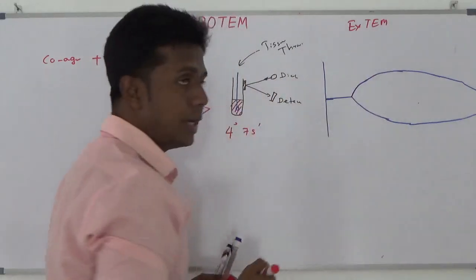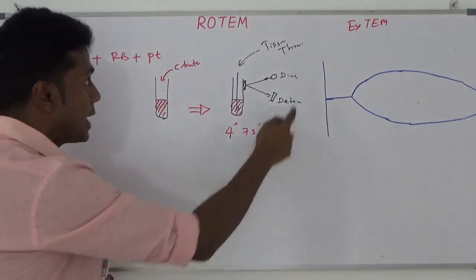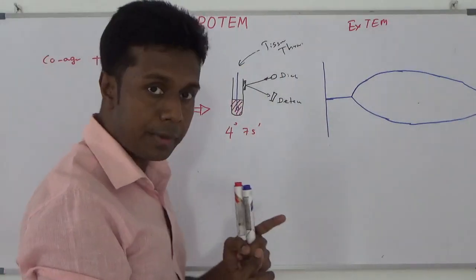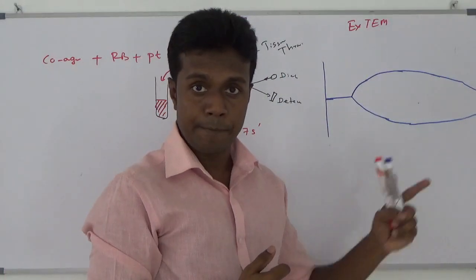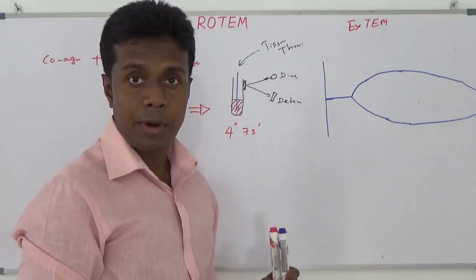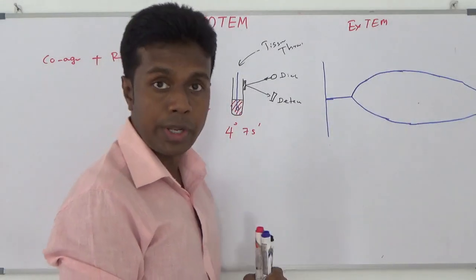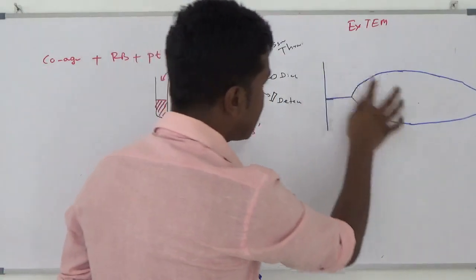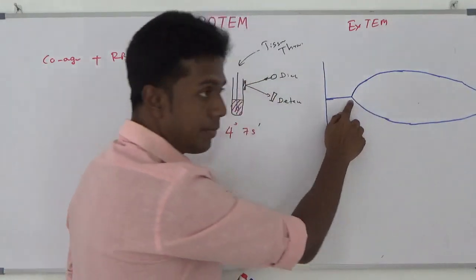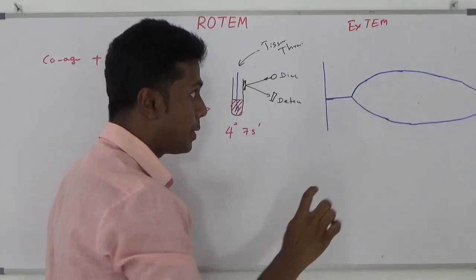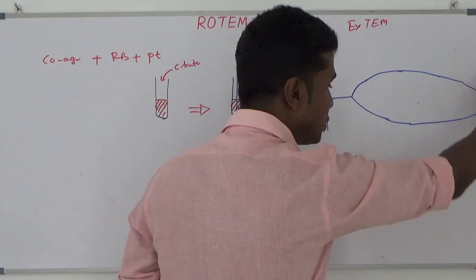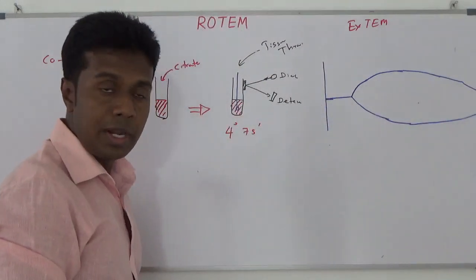So we are going to call it XTEM because I add tissue factor extrinsically and I am going to stimulate my coagulation pathway. That means the extrinsic pathway including the common pathway as well. So what I show is it takes a little bit of time to develop the clot. Once the clot developed, it gradually increases up to the maximum level, then gradually reduces to near normal level.